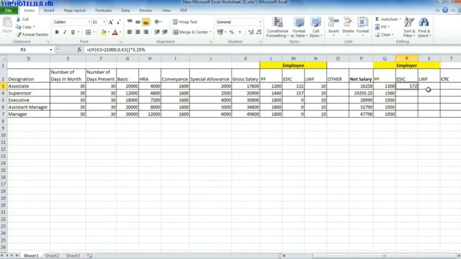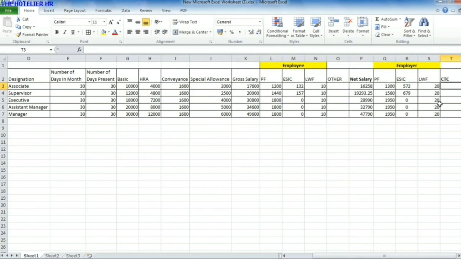So the calculation will be done. Now again we will reduce decimal values, and it is done. Then the LWF, that is 20 rupees for the employer, so we'll add 20 rupees, and if there is any other benefit you can add that as well.